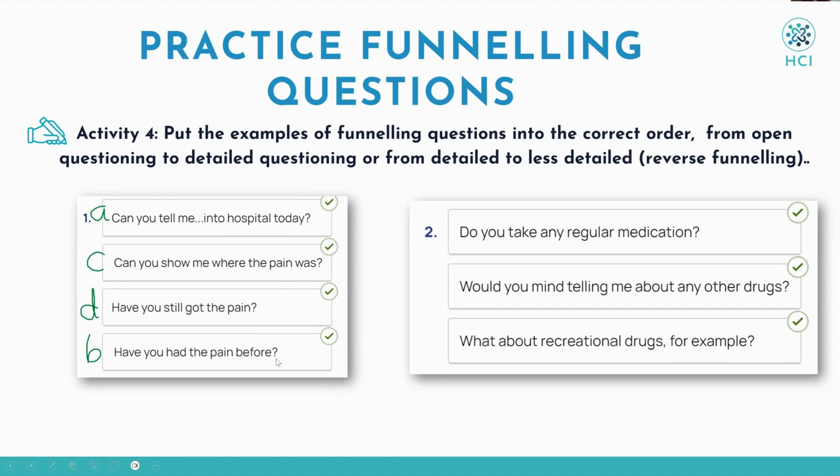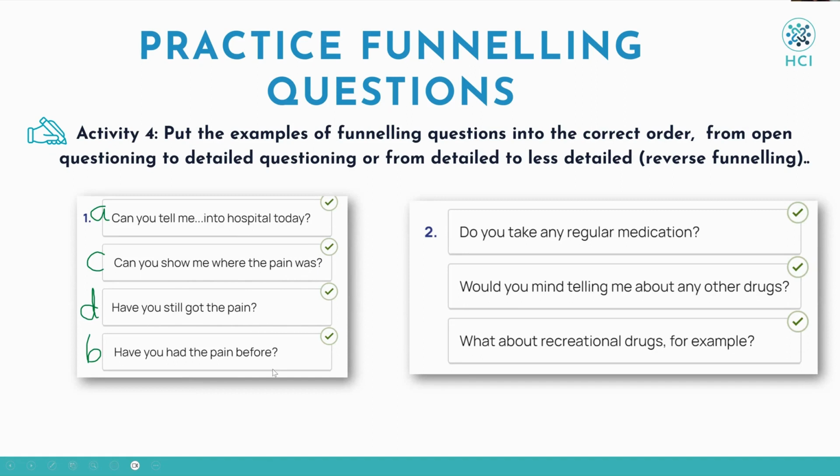And B, have you had the pain before? So if you put the D and B the other way around, it is possible to have those 2 questions the other way around. But here in this order, we are asking if the pain is still current, and then if it's